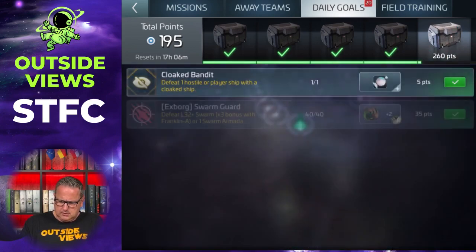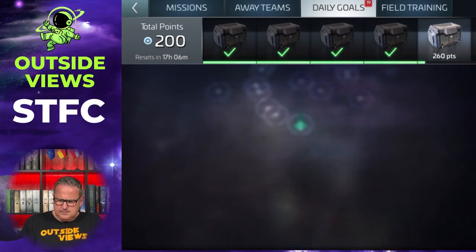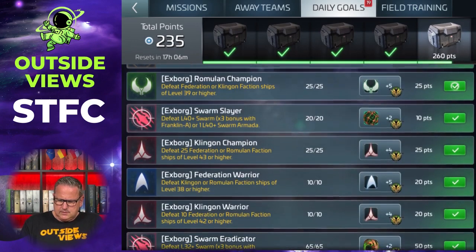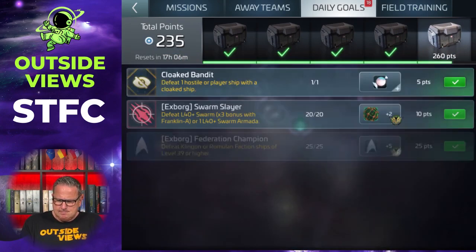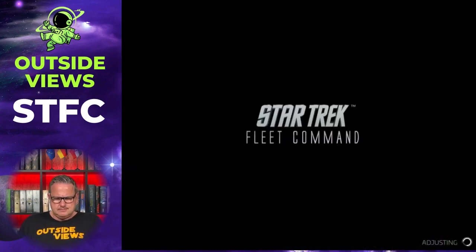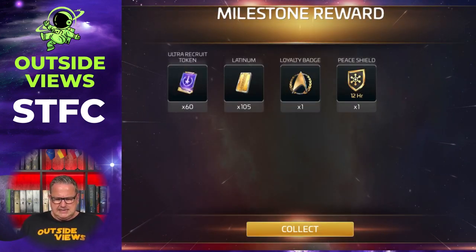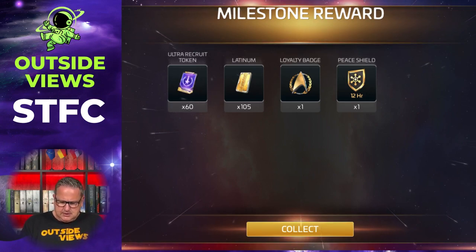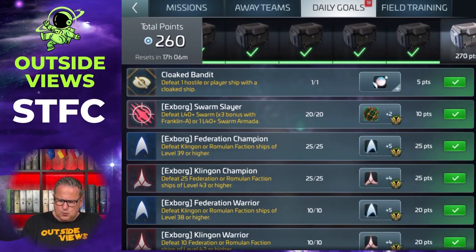Okay, I choose some bigger ones so I'll be there faster. And you see, whenever I click one, I get all the rewards I talked about earlier. And from the 261, I get Ultra Recruit tokens, Latinum, a loyalty badge, and the Peace Shield. And the loyalty badge is important too, but I come to that a second later, because I've got one more